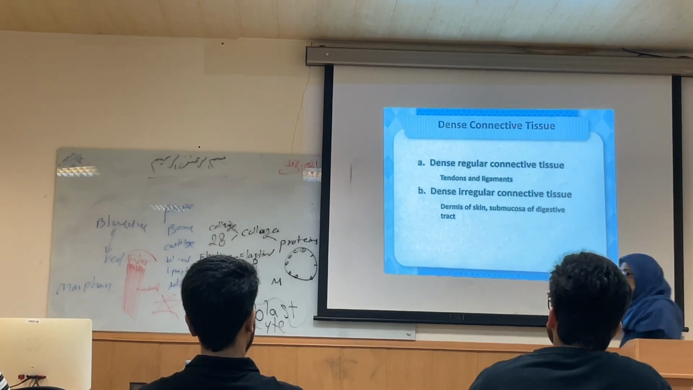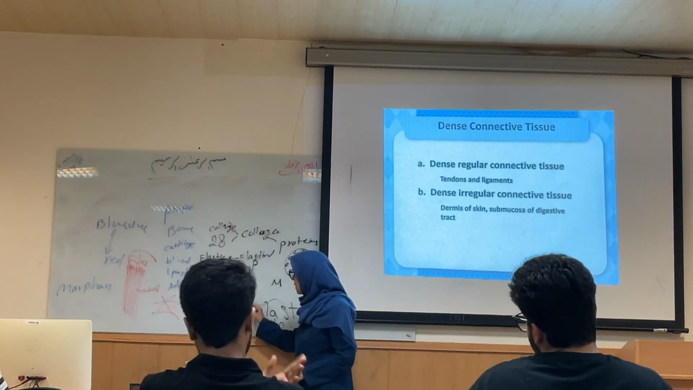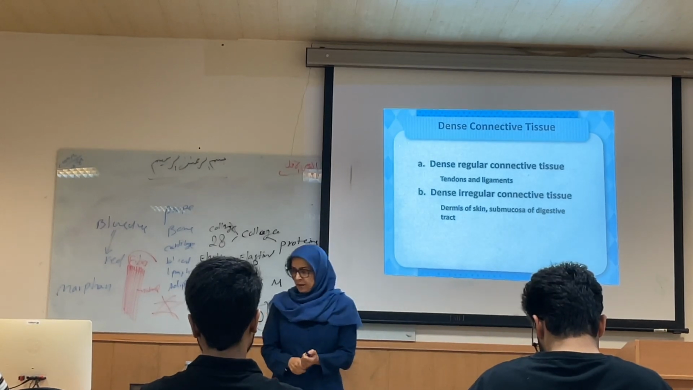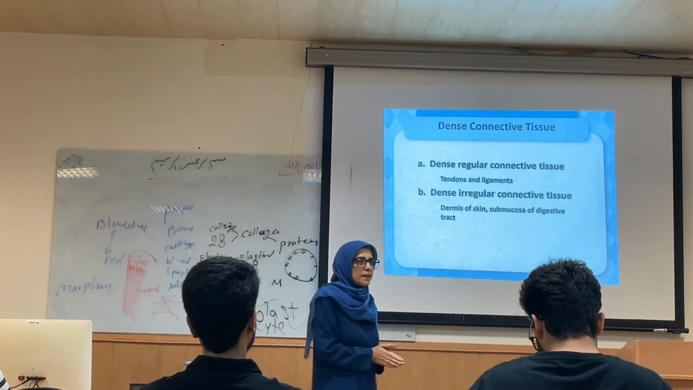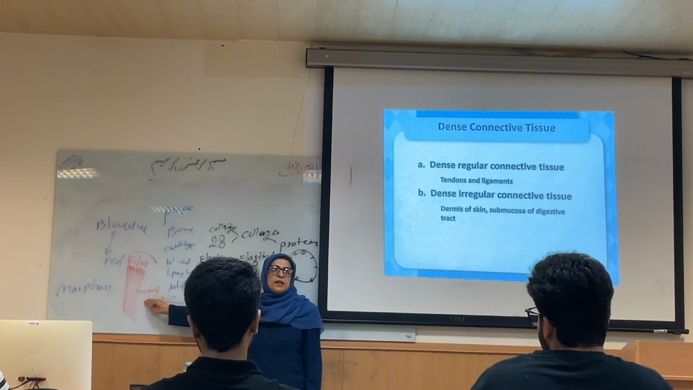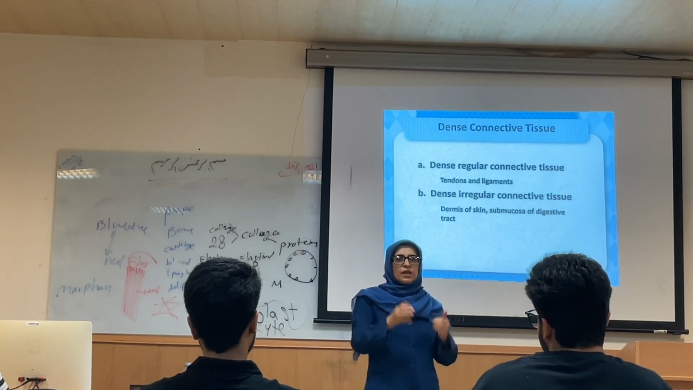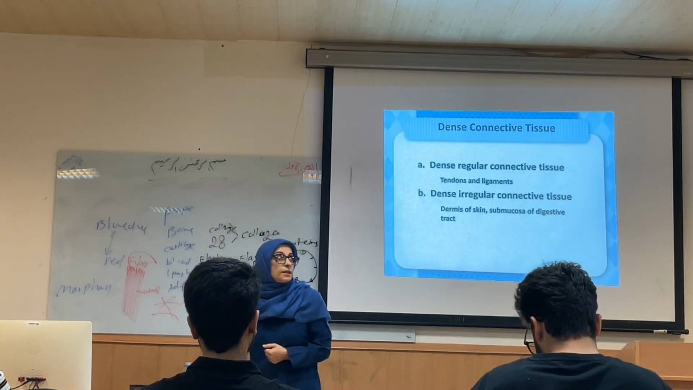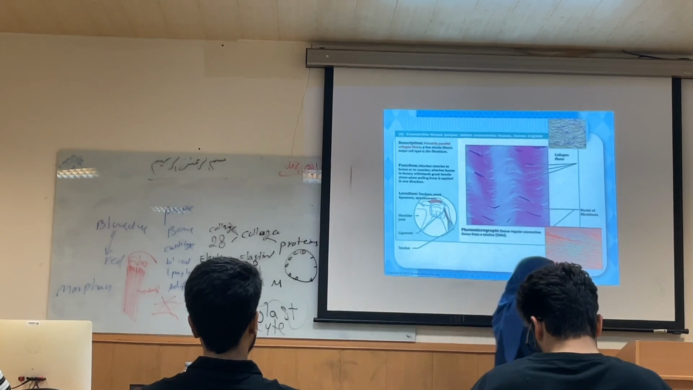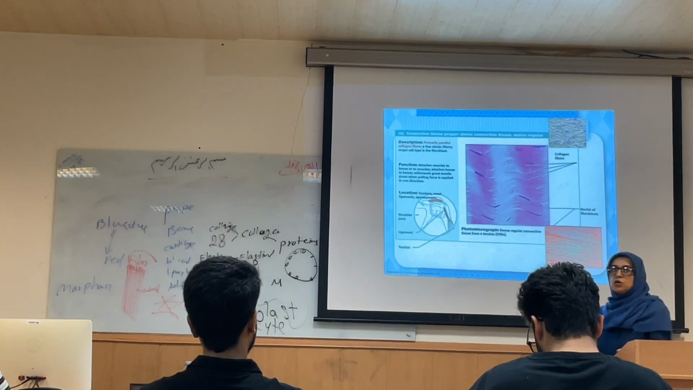In dense connective tissue, collagen fibers are more and more abundant compared to the cells and ground substance. If the collagen fibers are located parallel together, it is named regular dense connective tissue. If the collagen fibers are located in different directions, it is named irregular dense connective tissue. Under the microscope, collagen fibers